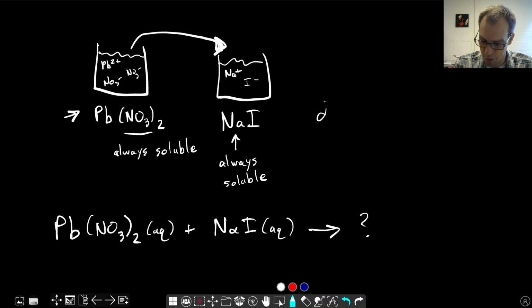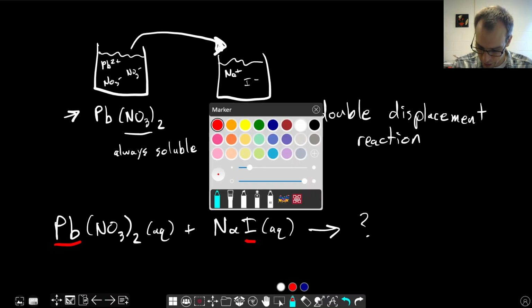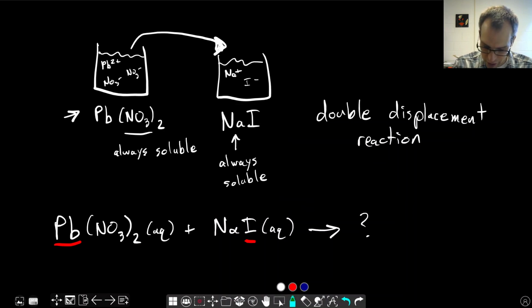Now this is an example of what we call a double displacement reaction. What that means is we're going to swap the positive and negative ions. So when we start, lead is associated with nitrate, sodium is associated with iodide, but we're going to swap positions. So let's take lead, and instead of combining it with nitrate, let's see what happens if we combine it with iodide. And then let's use green. And then we can take our sodium and combine it with the nitrate